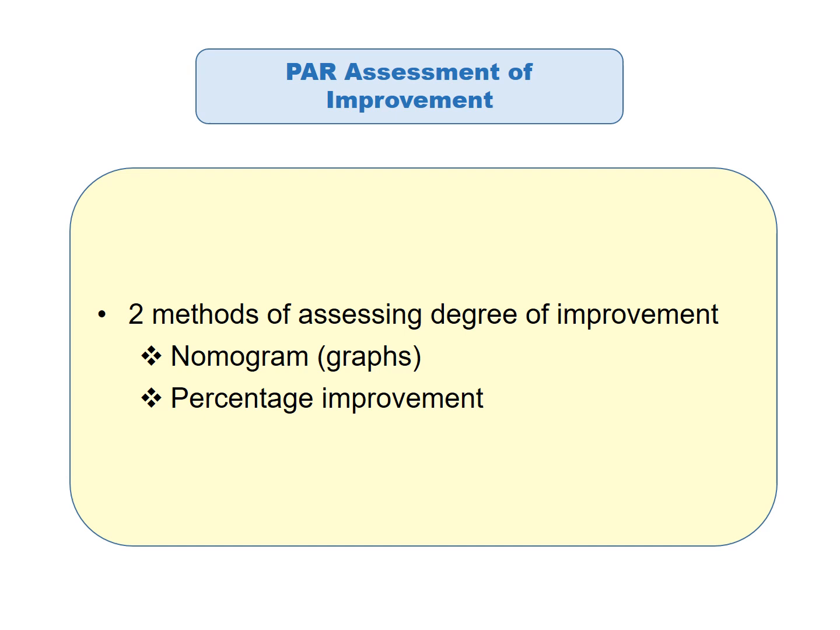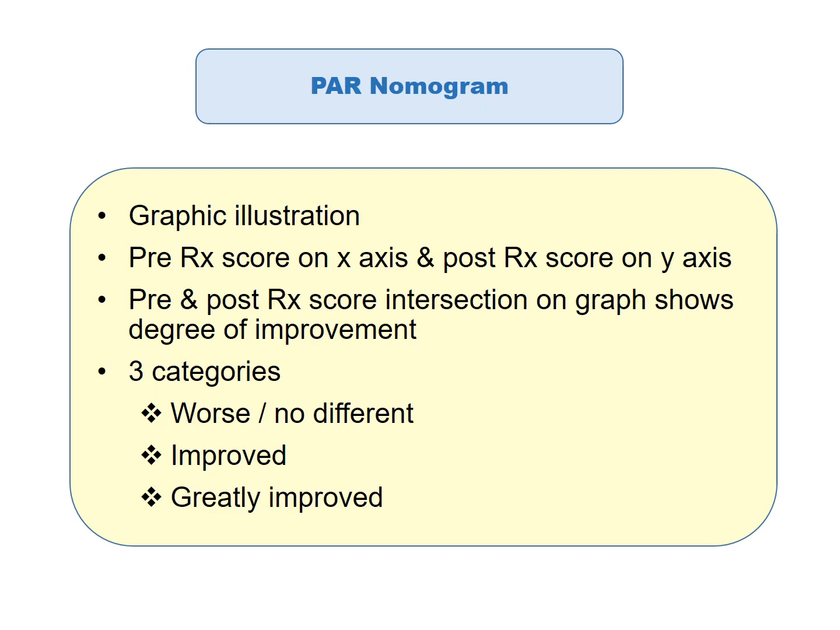Now, how do you assess improvement with the PAR index? There are two methods of assessing. One is by use of nomogram or graphs, and the second method is to look at the percentage improvement. Now, the nomogram is a graphical illustration whereby the pre-treatment score is recorded on the x-axis and the post-treatment score